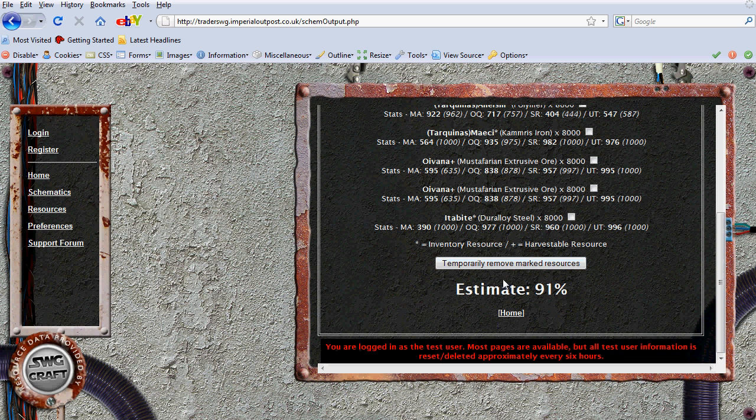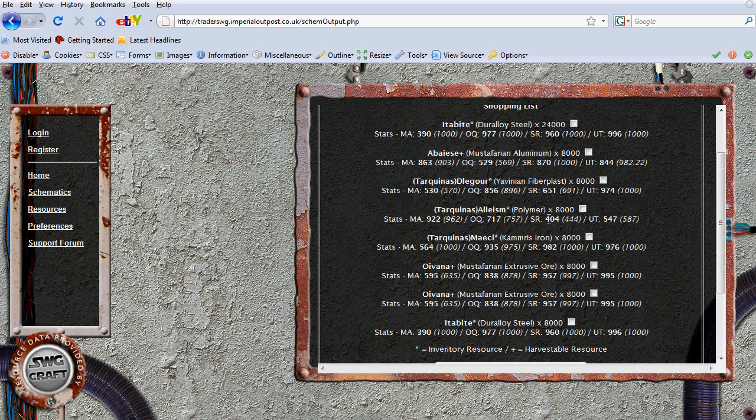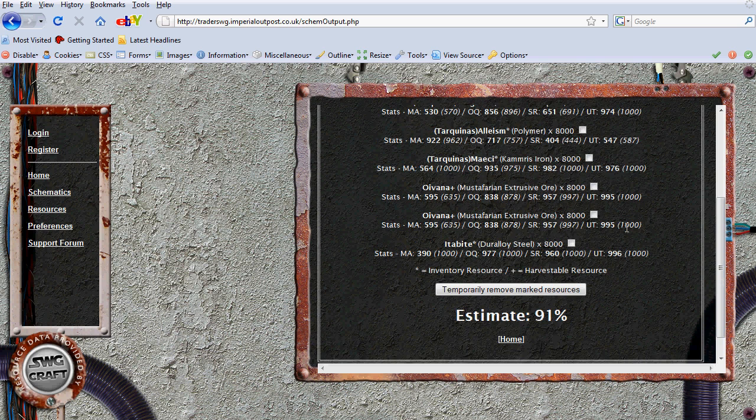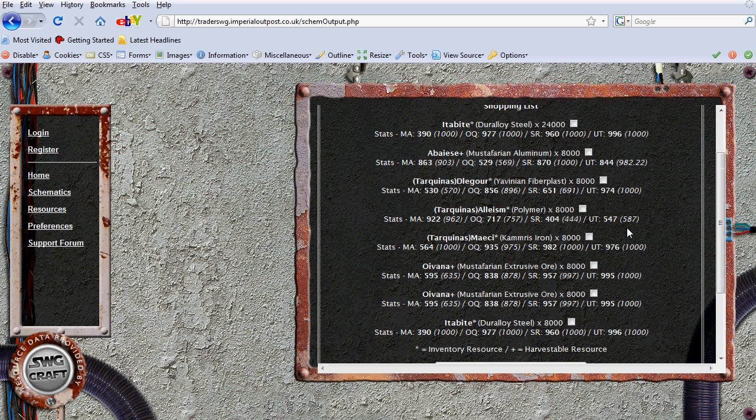If you were actually logged in as a registered user, you'd have a watch the schematic option there that you could click on, and when any of these items, the polymer particularly is not great there, and it would alert you if there was a better schematic available. The numbers in brackets behind it are obviously including the plus 40 for the expertise,